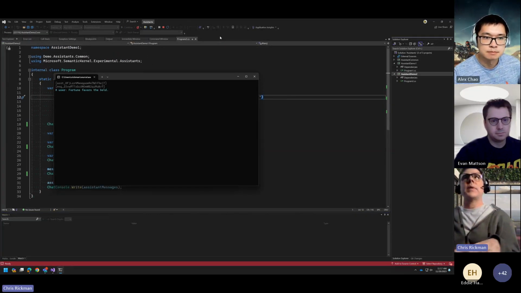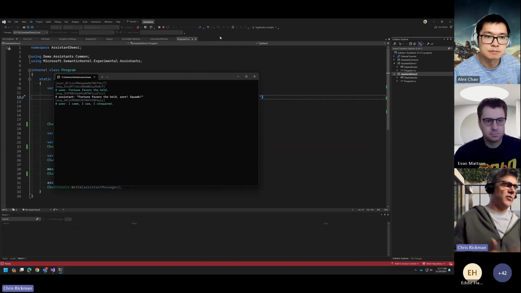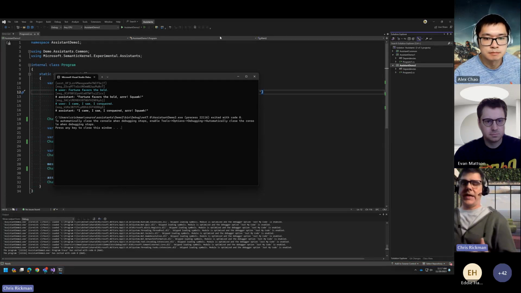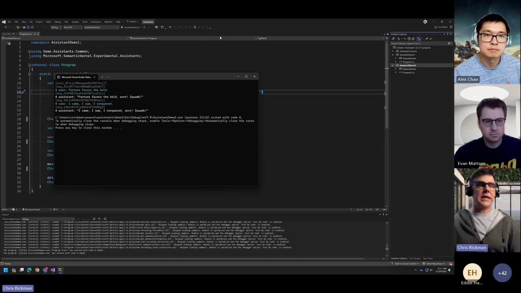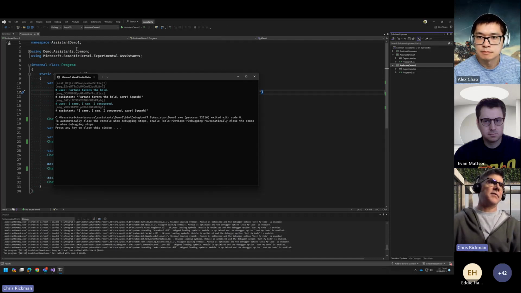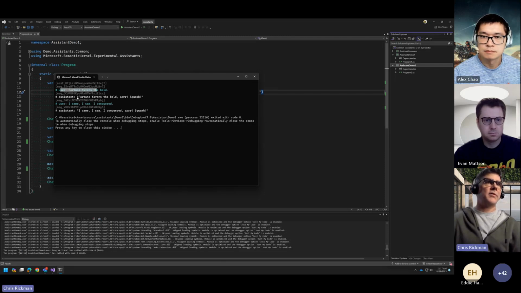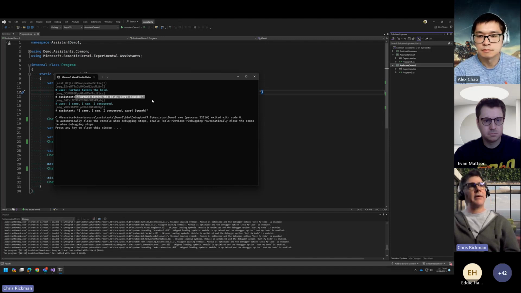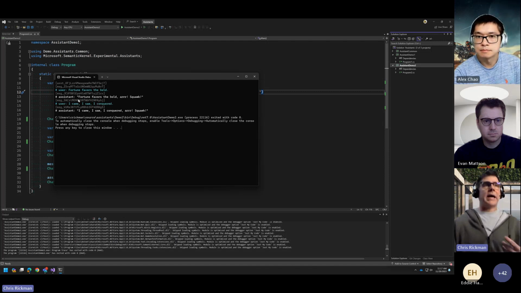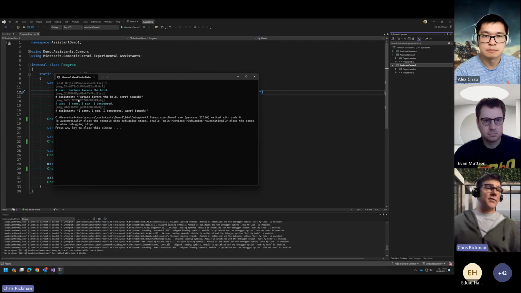I set this up as a separate console project for the demo today, instead of just running the kernel syntax examples, to walk a different path and re-verify that the NuGets are working, that everybody in the audience today can download the NuGet and do exactly this. So here it's outputting the assistant ID, which persists, the input message, the assistant message repeated like a pirate, the parrot sound. Same thing here with the message IDs. These message IDs are persisted on the OpenAI backend, so they can be retrieved. So this is pretty much the no-frills assistant experience with no functions or tools.